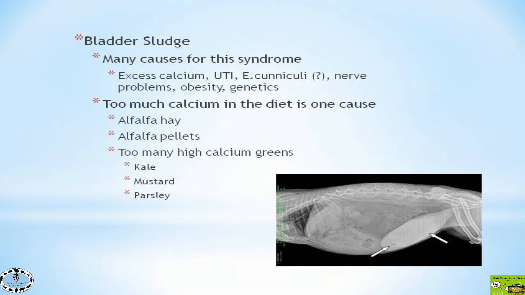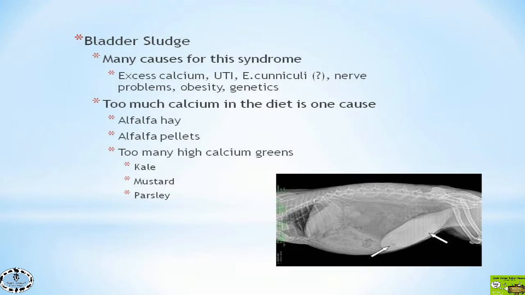A rabbit can be on a perfect diet, it's a perfect weight, there's no evidence of an infection, no nerve problems, and then they have bladder sludge. So then those are the cases that we say, oh, maybe it's a genetic issue. But there's lots of different things that can cause it. It's not a really straightforward issue. But because we're at the diet talk today, and we do know that a diet can cause it,